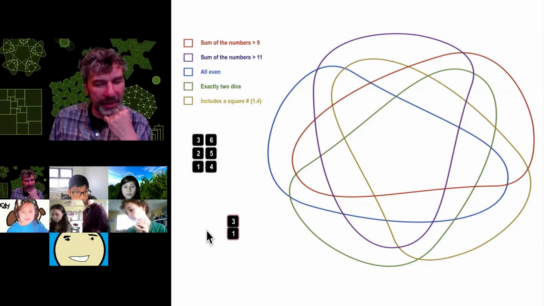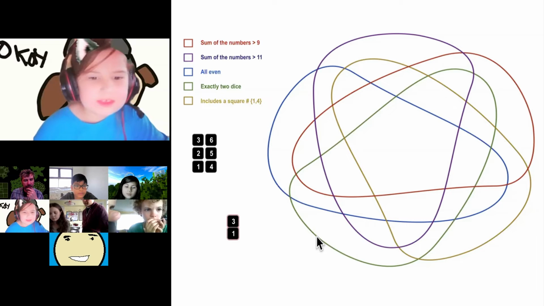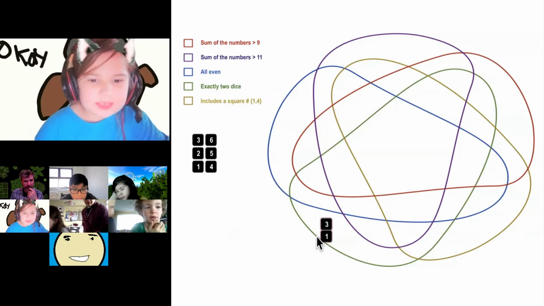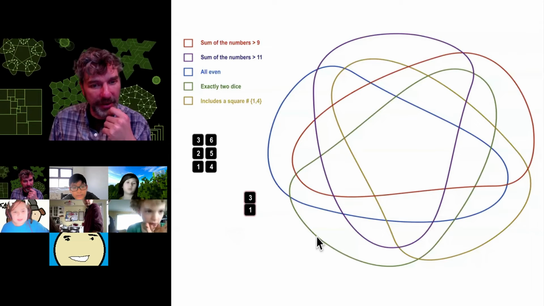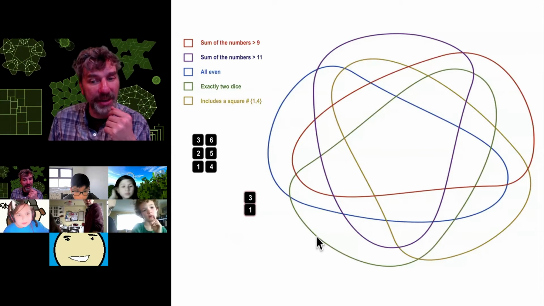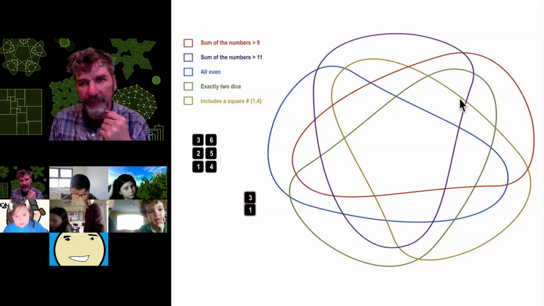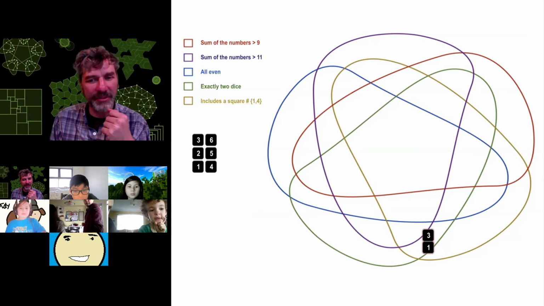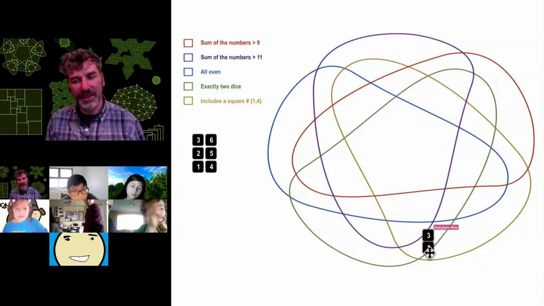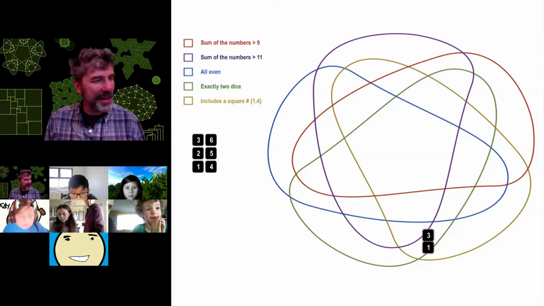Tell me about what you're thinking. Where do you think it might go? Okay, so if it's in here, then that means it's green. So that's pretty good. It has to be inside green and tan. So this is the tan one here. And so maybe here. Yes. Can you see that? Perfect. Yeah, that is great. Next,